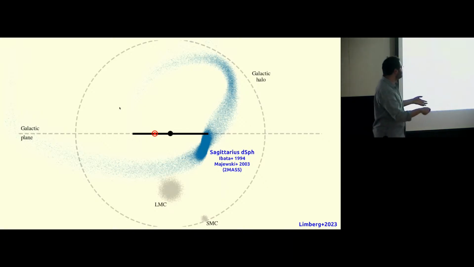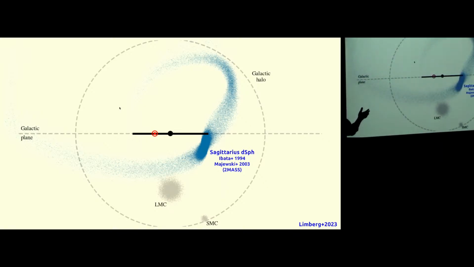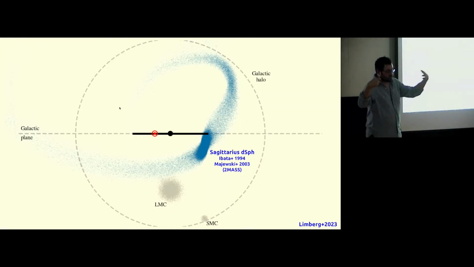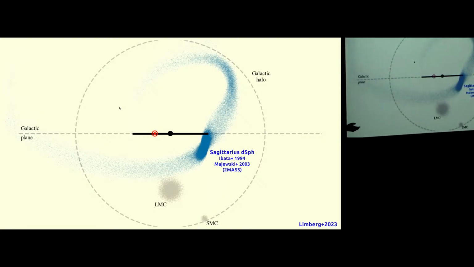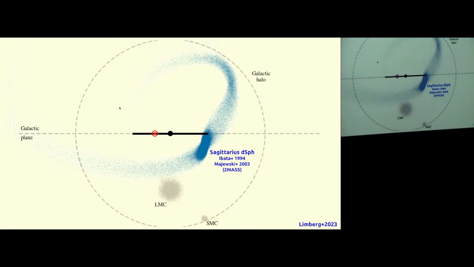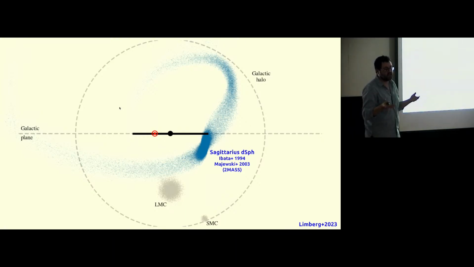So basically what happens in these things is that when you have your first encounter, your first pericentric passage, which is your close encounter with the massive host, you basically lose your dark matter. And the dark matter in this first encounter is kind of shielding your stellar mass from tidal stripping. Then when your galaxy goes through a second close encounter, it starts losing a lot of stellar mass. So this is basically why nobody had proposed the origin of the chemodynamical populations in the string: the metal poor population, which was stripped first, is really like 1% of the stellar mass loss. And these stars are really difficult to find, basically. So this is kind of the situation.